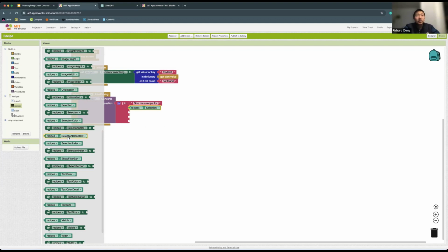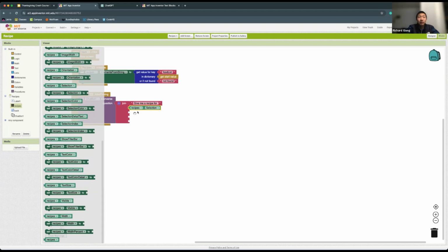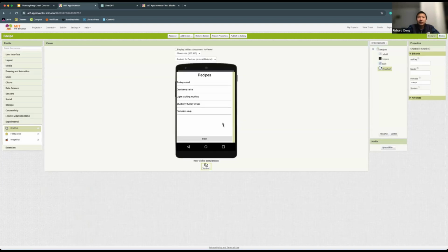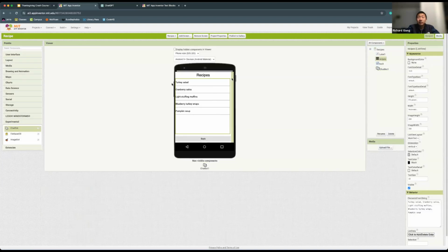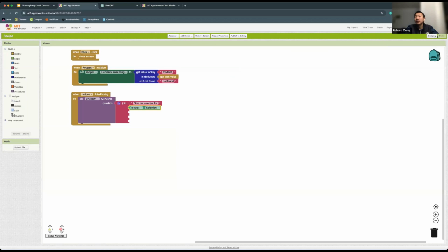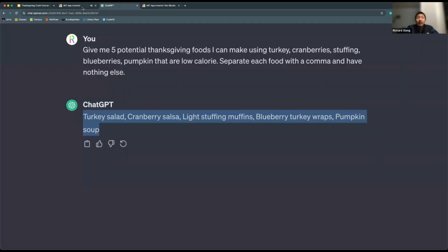All right, so the way list view works is that it has two different ways you can access the selection. One is with this recipes.selection, and the other one is with the selection index. Our selection index is just the 1, 2, 3, 4 number of where the thing we selected is. We don't really need that right now, so we can just get this selection directly through this. All right, so now that we have this give me recipe for and then our selection, add some more text